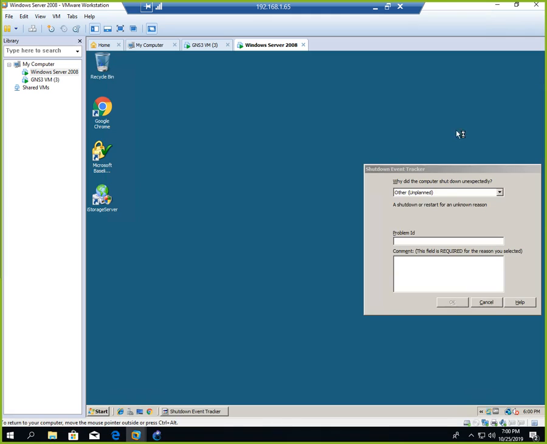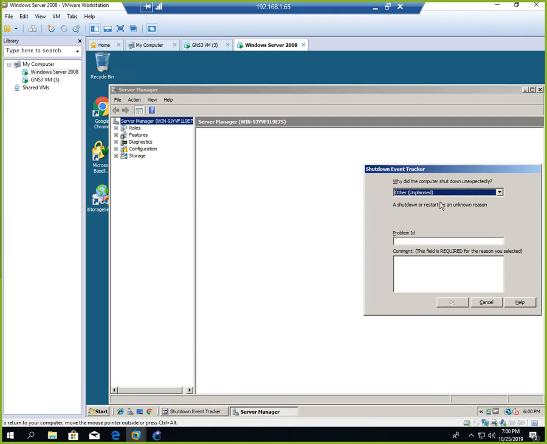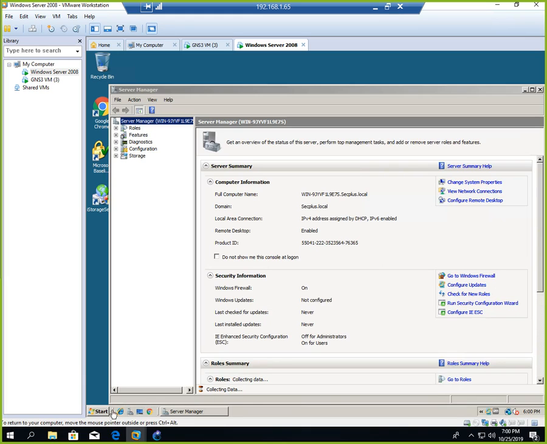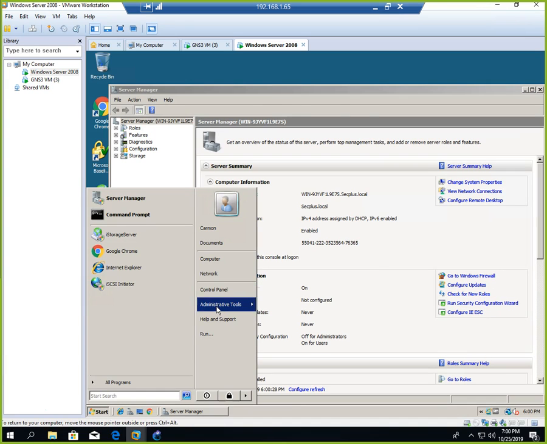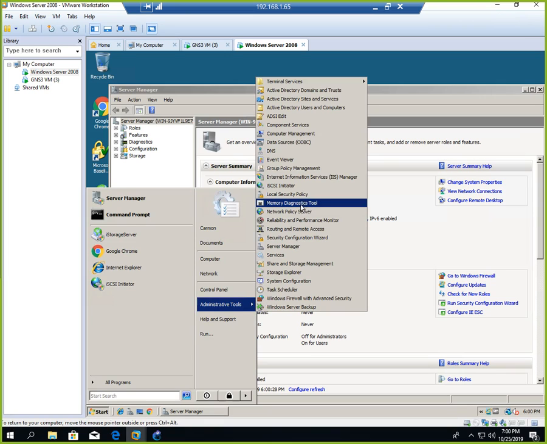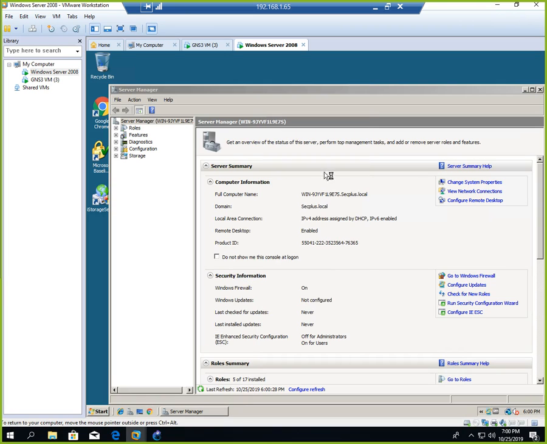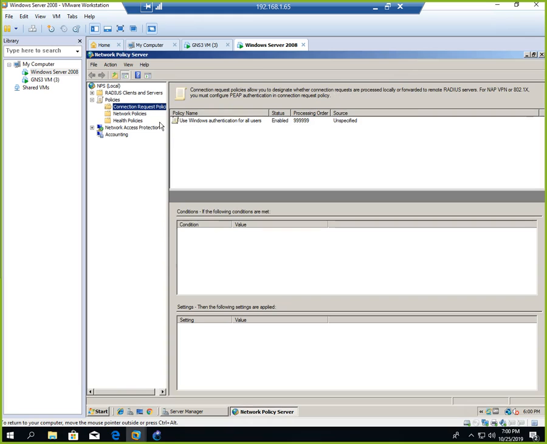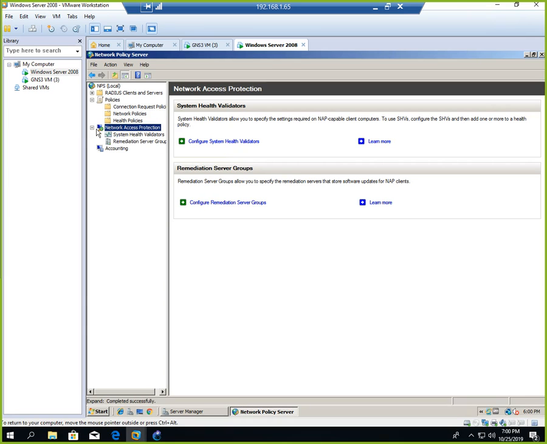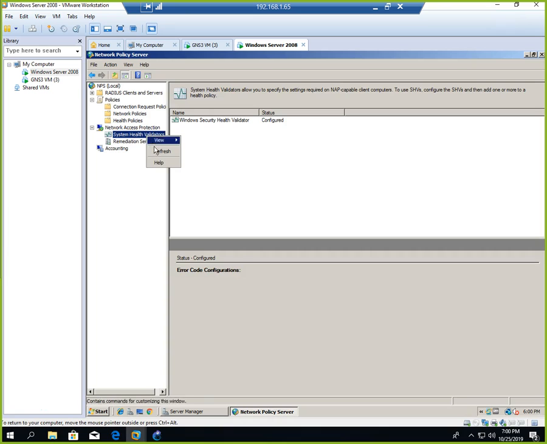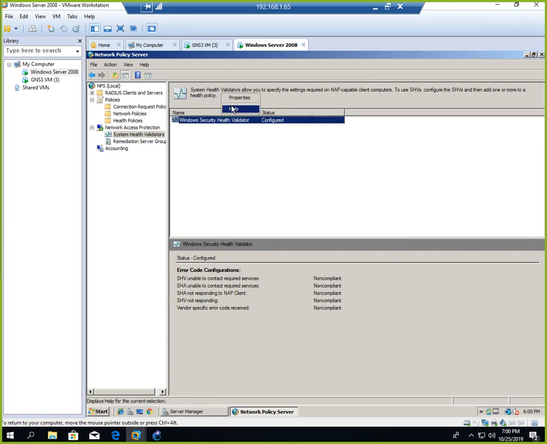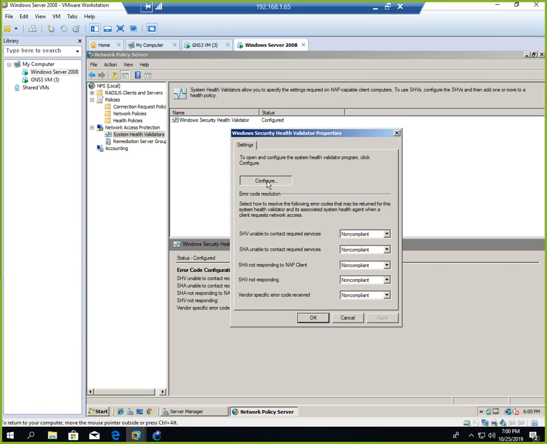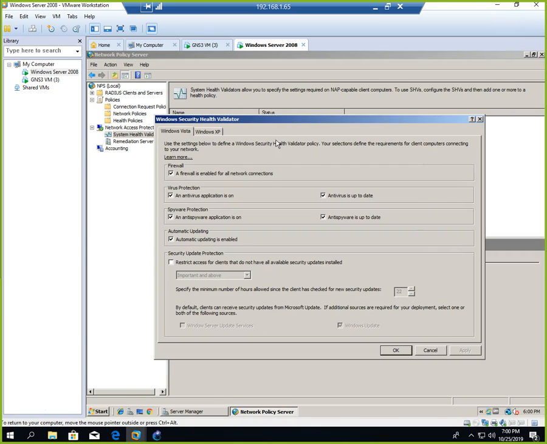And it has, I hope, on it, this thing called the Network Policy Server. What the Network Policy Server does is allows us to configure it, and we'll just look real quick, network access protection, the system health validators. If I go in here and look at the properties of this thing, configure, what it does,